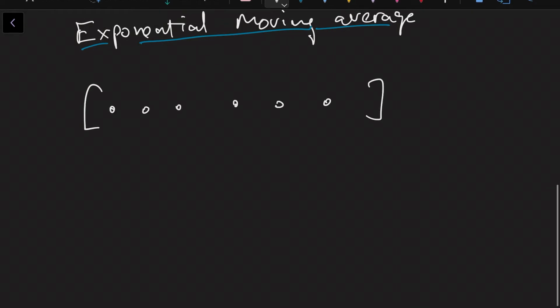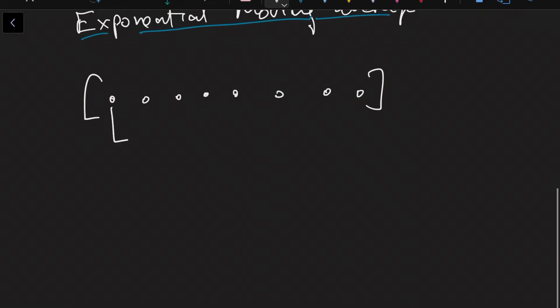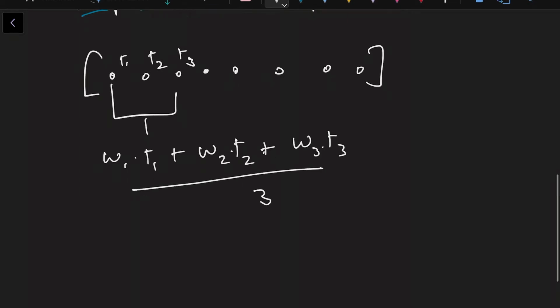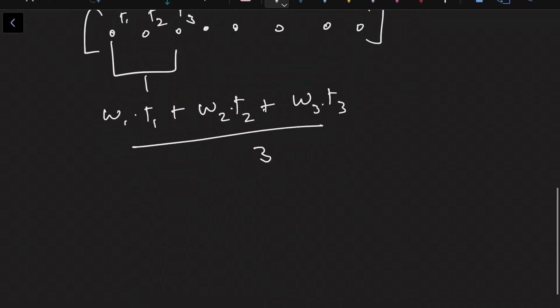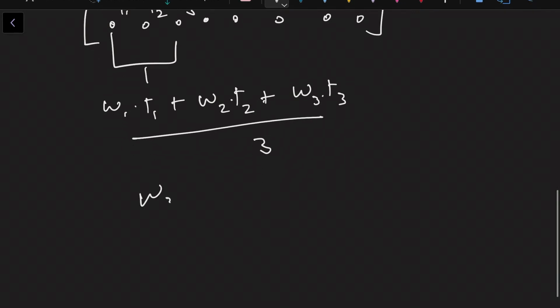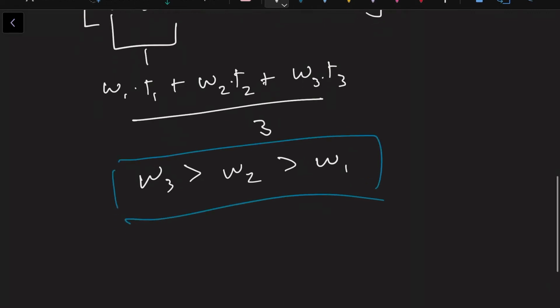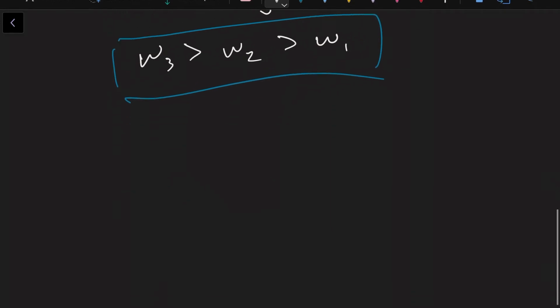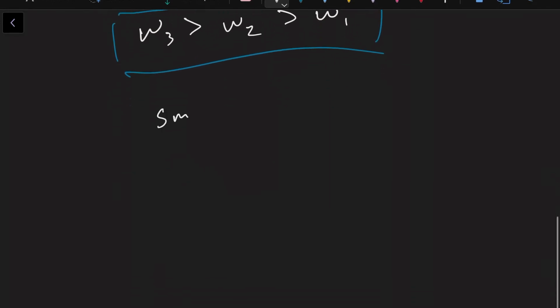Now, let's say you're taking an EMA over this time period. If we take an EMA over these 3 data points, let's call them T1, T2, and T3, then you'd be multiplying each of these with a weight, and dividing it by the length that you're taking the average over. And the thing here is that W3 will be greater than W2, which will be greater than W1. Now, it's called exponential moving average because W3 is exponentially greater than W2, which is exponentially greater than W1, which is basically smoothing